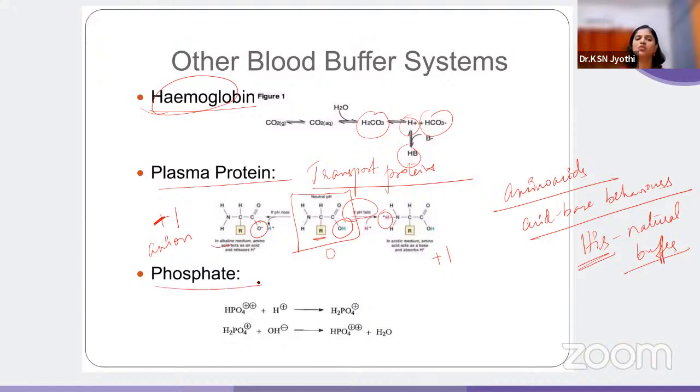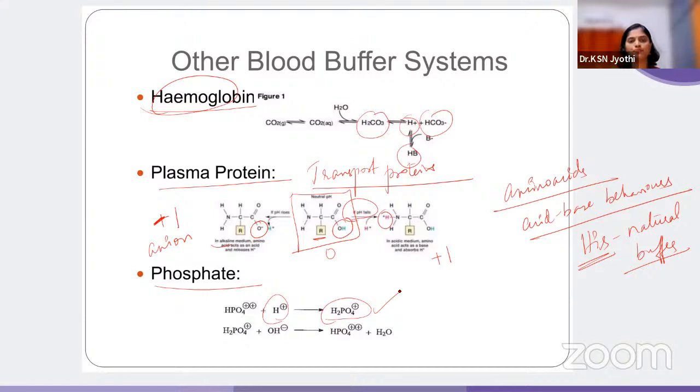Then this H plus ion concentration in the blood also is maintained by your phosphate buffer. So phosphate buffers can be existing as a diphosphate or a monophosphate. So it can accept H plus ions and get converted into phosphoric acid or monophosphoric acid. Between these two, they will accept H plus ions or they will release H plus ions, thus maintaining the pH